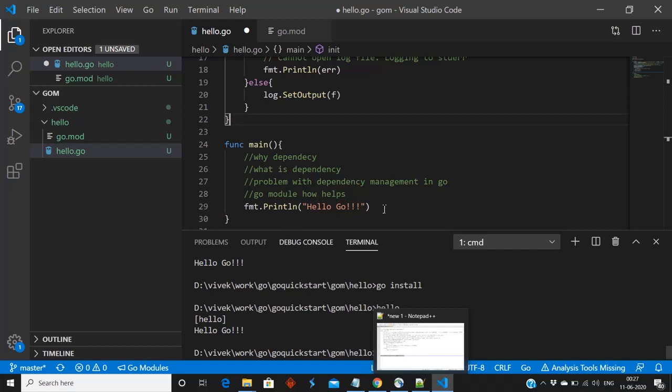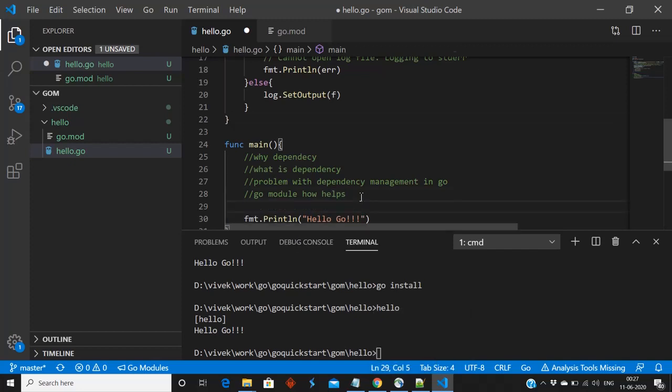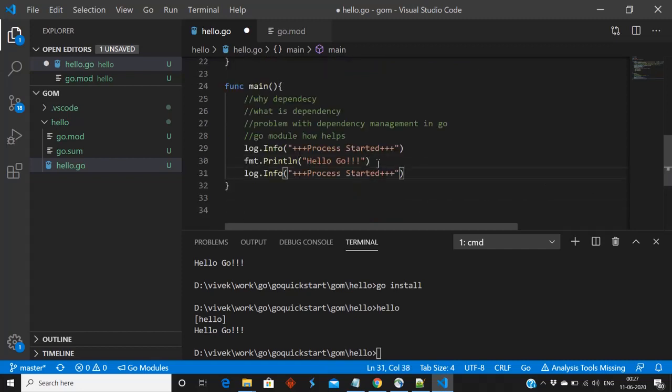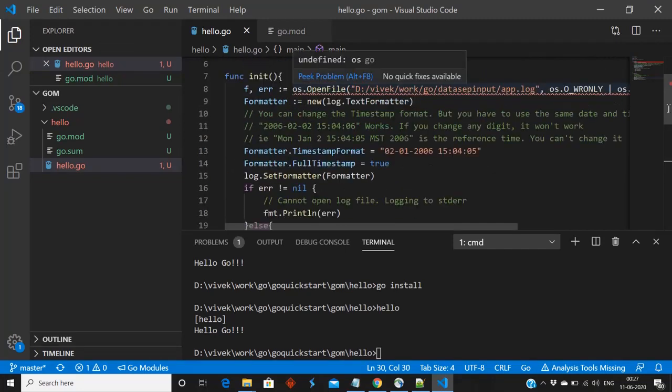Process started, process completed, process log. So let me change this path.